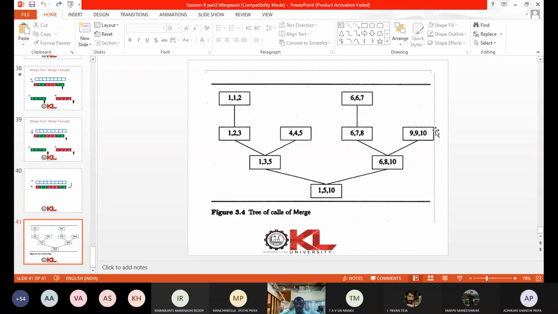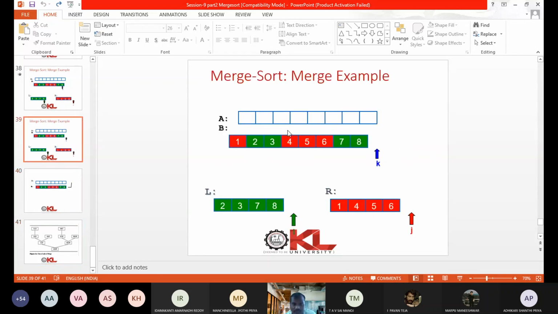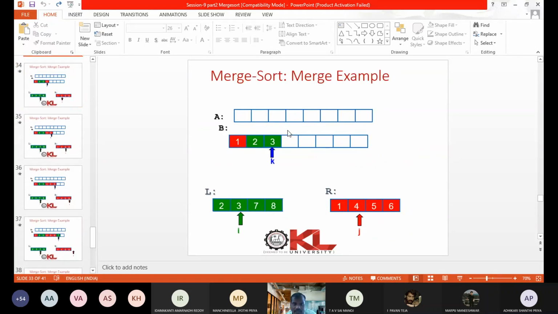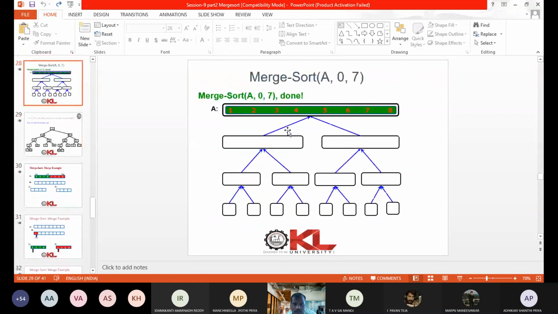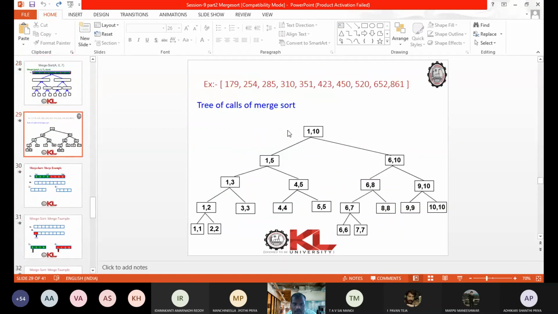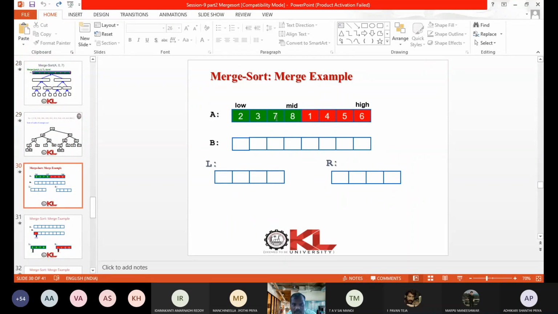Okay. So here he has given the tree of calls of merge. Here he has shown 3 elements because this merge function, as I told you, will take 3 values: low, mid, high.